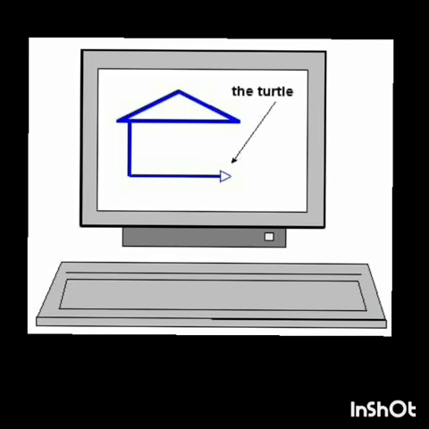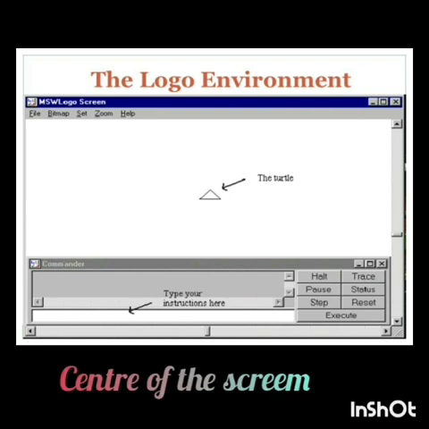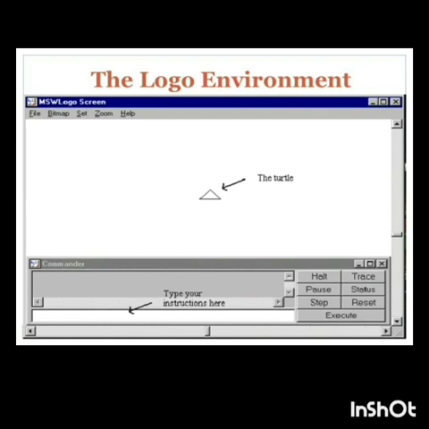When we start Logo, the turtle is at the center of the screen. The top of the turtle is known as the head and the bottom part is known as the tail.